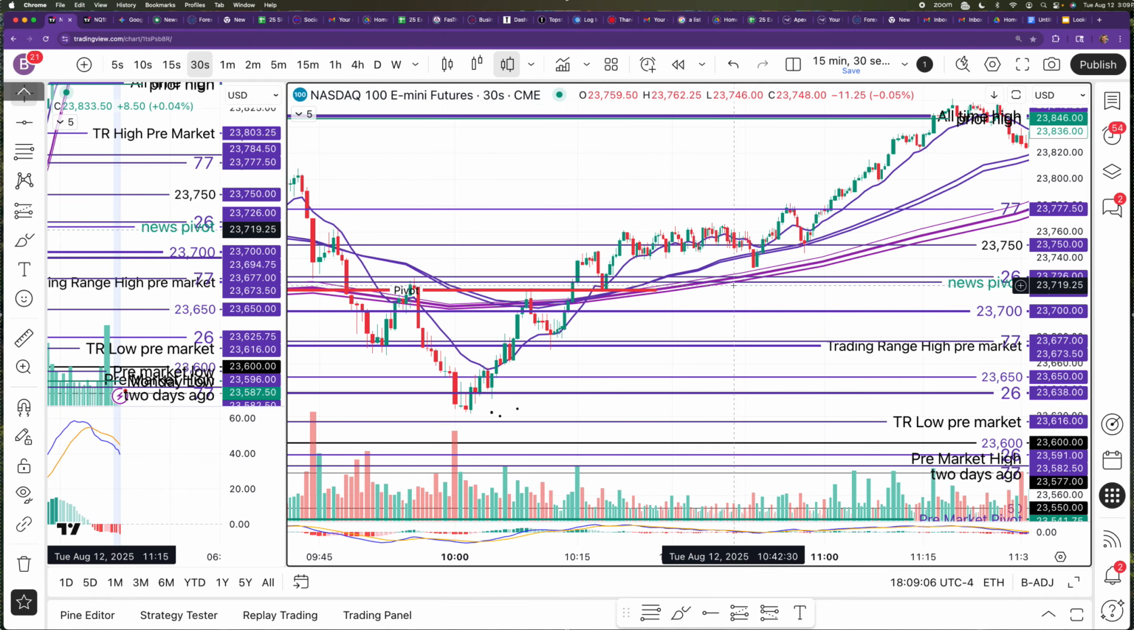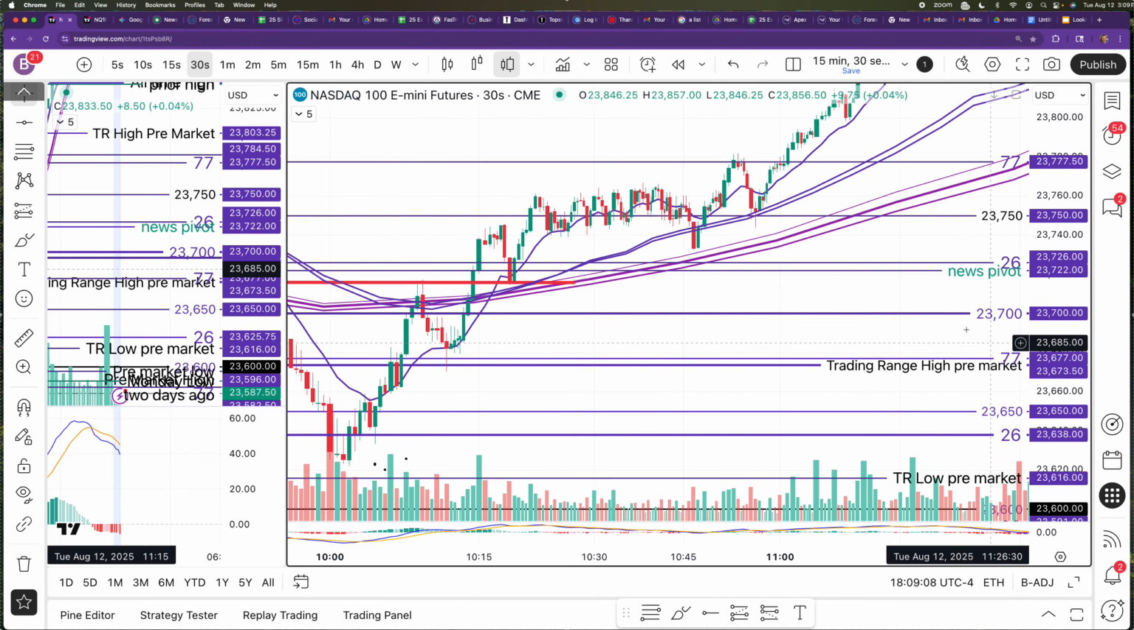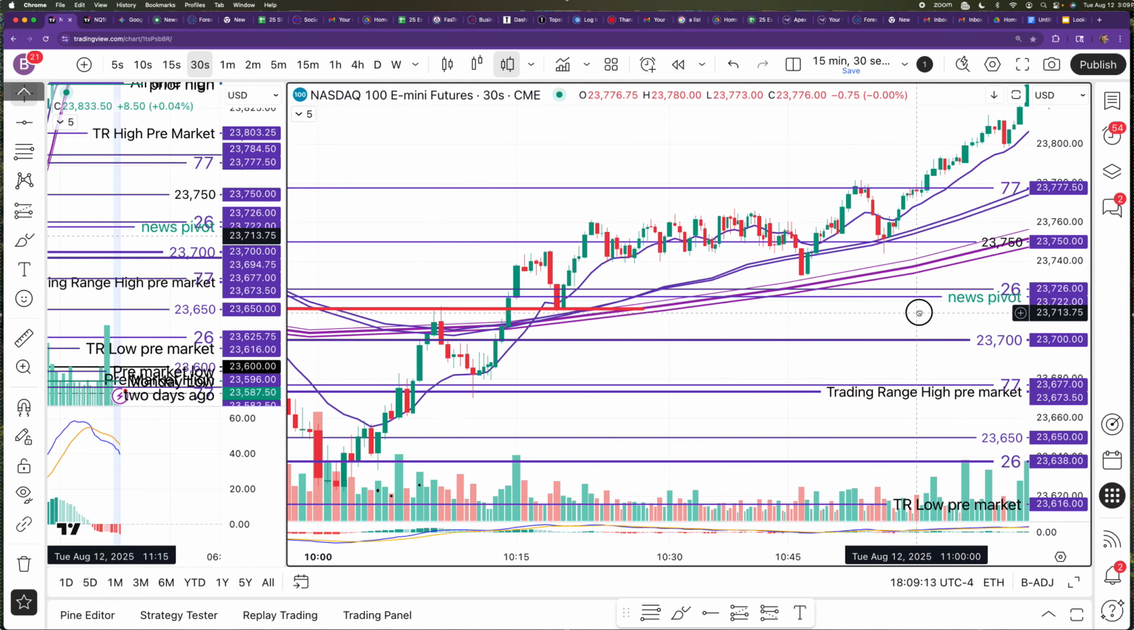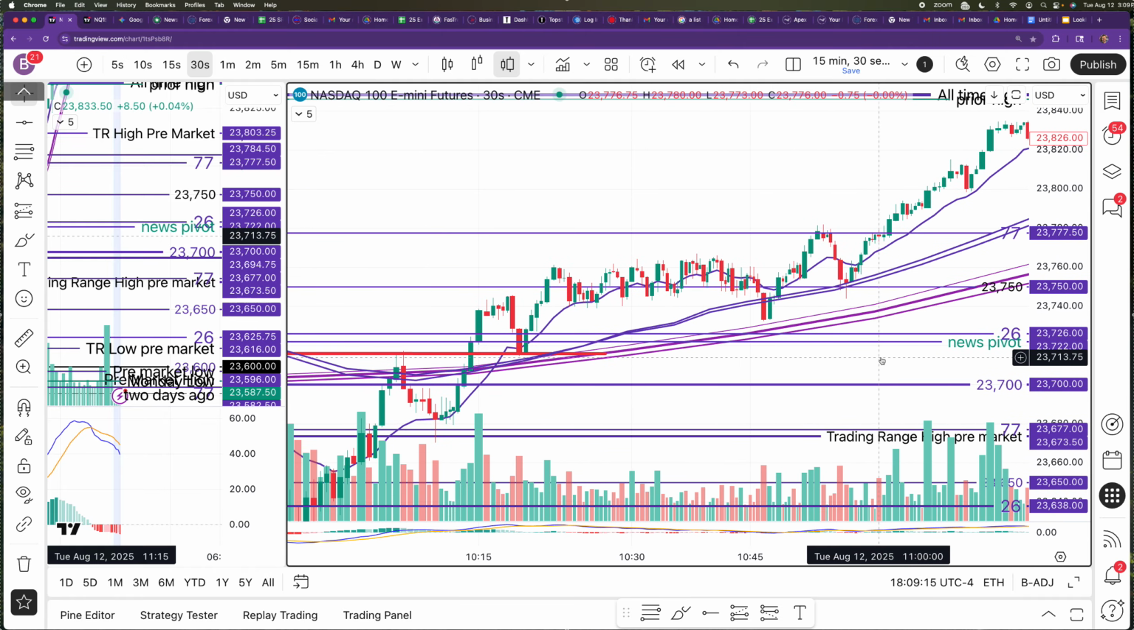Okay, now why do I give you all this information? I give it because this is where trades will actually set up. The best trades are actually going to set up from these levels. Let me give you an example of that, okay? For example, all right,